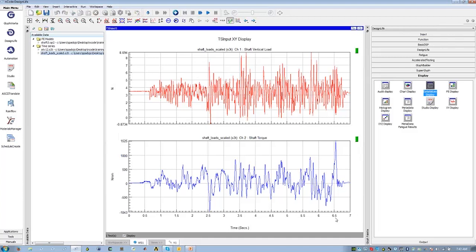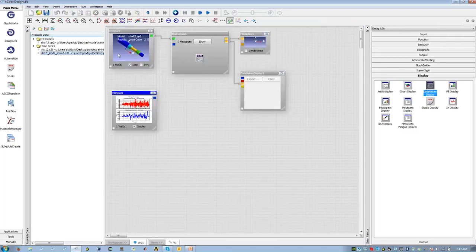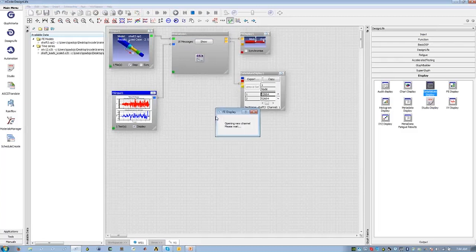And what I'm going to do now is use Design Life to calculate the fatigue life of this part that has been subjected to these load histories. I'm simply going to send this data into my time series input on my analysis glyph. So I've got my input geometry, I've defined how my loads are changing, and I've applied a material property. At this point, I'm ready to run the process in the same way that I ran the GlyphWorks process. So I can simply click on the Run button here, and it will pump through the